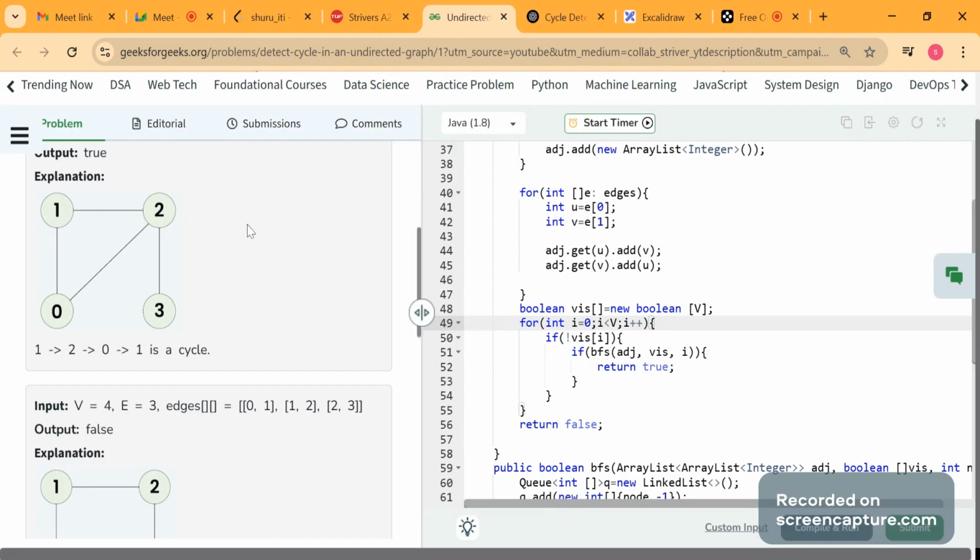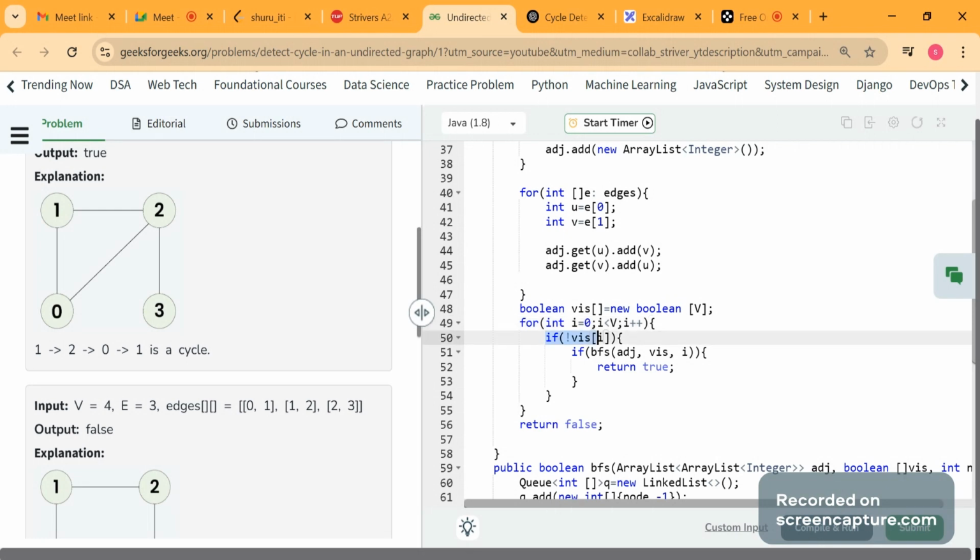So if there had been another component of this graph, like there was a separate node 4, and then 5, 6, 7 connected in a cyclic form, then we would have called BFS for 0. It would have traversed all of these nodes, and then 1 would have already been visited, so we would not call BFS for it. Similarly, 2 and 3 would have been visited, but the next node 4 is not in the connected component, so we will separately call BFS for 4. Although it's not there, we are taking that scenario when we are given multiple components.